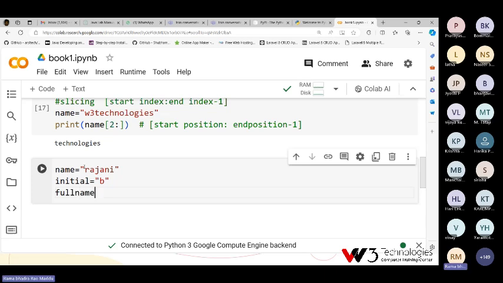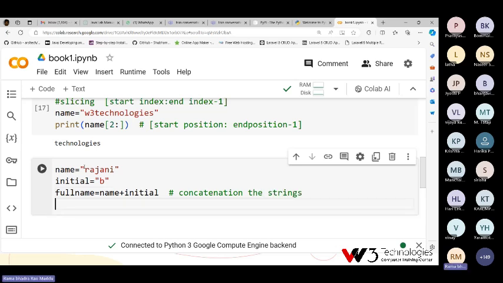Full name is the variable name, equal to name plus initial. Plus is an operator used for concatenation in strings. So full name contains Rajini B. If you print full name, it contains Rajini B.